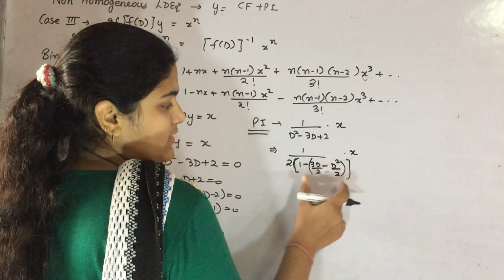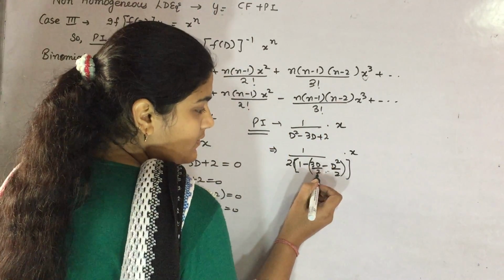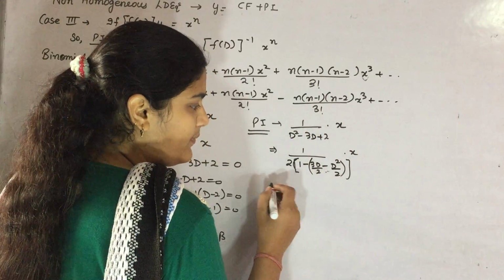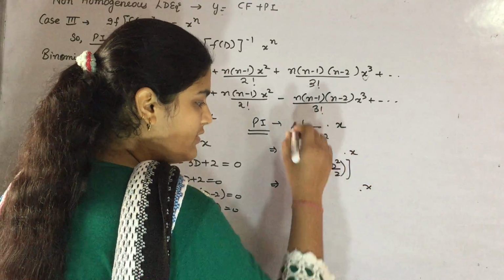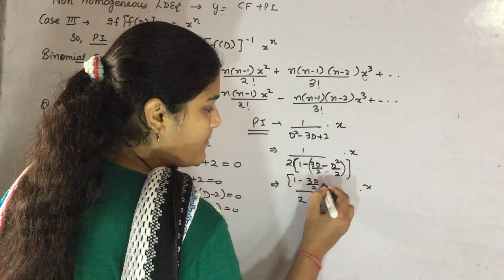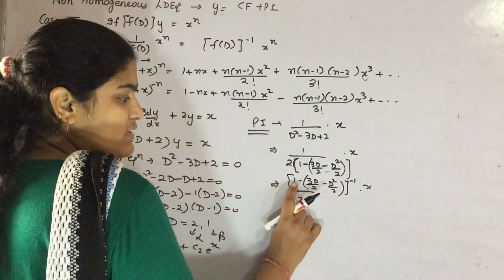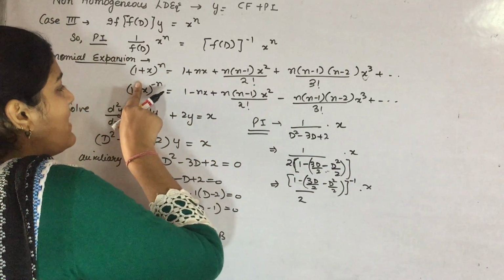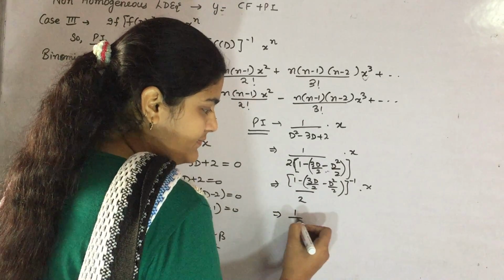If you expand it, it remains in this form. We just take 2 as common, so divide by 2, then the 2 will cancel out and we get the original form. So now 1 by 2 is here, x is also here. But this form you have to take in the numerator, so it is like this with power minus 1. Now this is your 1 minus x raised to power n form. So just expand it according to that.